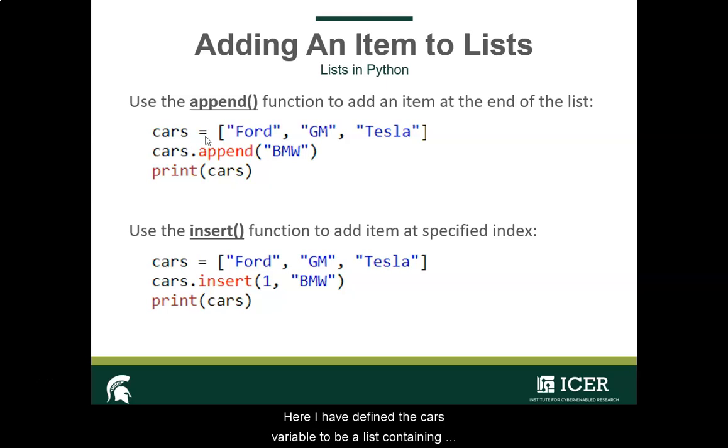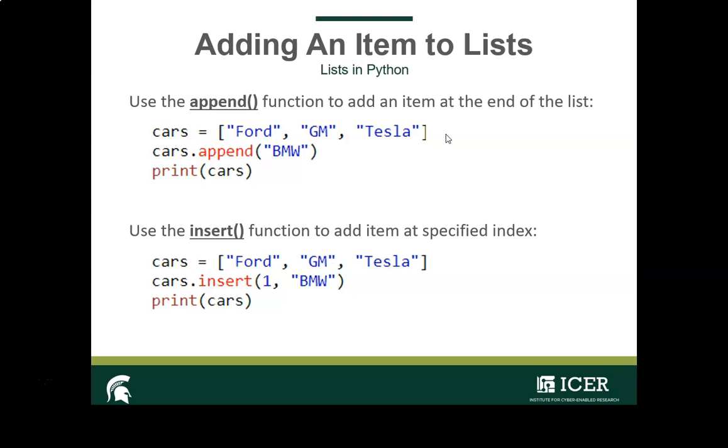Here I have defined the cars variable to be a list containing 3 strings: Ford, GM, and Tesla. To add the item BMW to that list, I first call the name of the variable, I add append, and whatever the new item is within the parentheses. You can see if I print cars, BMW has now been added as a 4th item at the end of